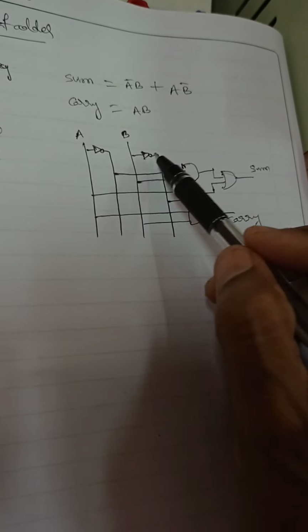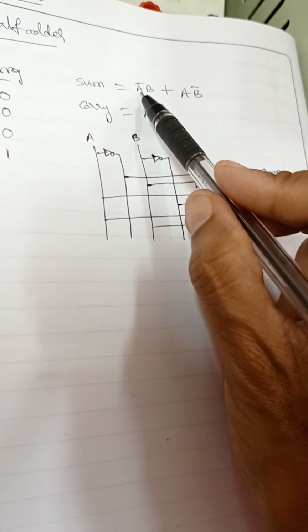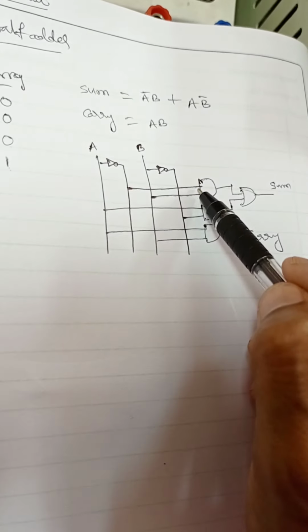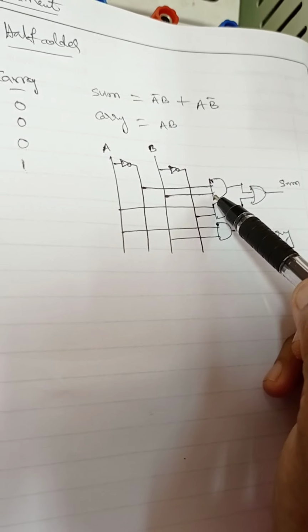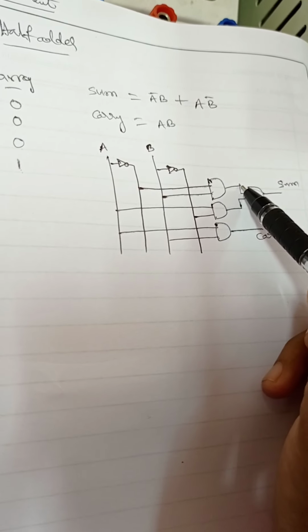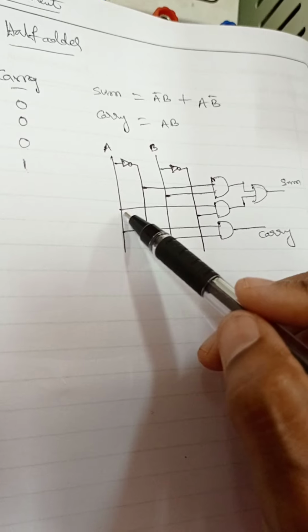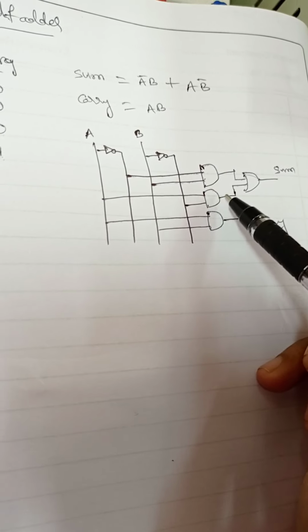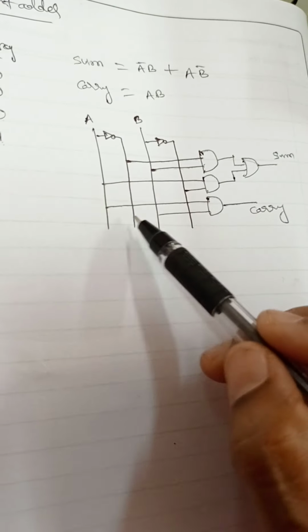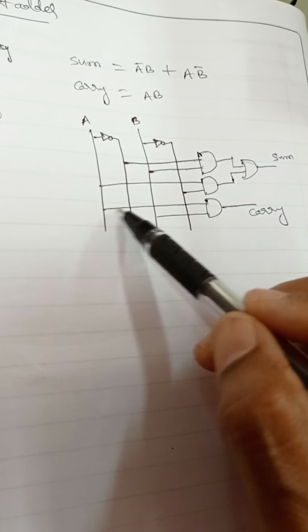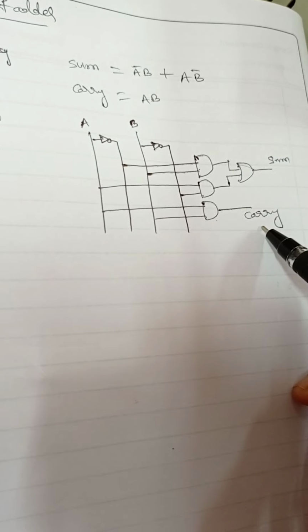So directly the AB expression. For this, when you design the logic circuit, take A and connect it to a NOT gate, and B also connect to a NOT gate. Now for A bar B, take the inverted output of A to an AND gate input, and B directly as the other input. So these are the two inputs and the output is taken. Next, A B bar is connected to an AND gate, and these two outputs are connected to an OR gate. This becomes sum. And coming to carry, A and B are connected to an AND gate, and carry will be obtained.